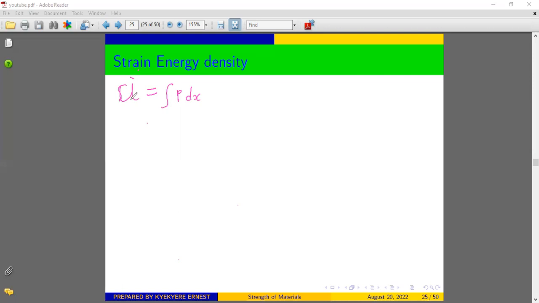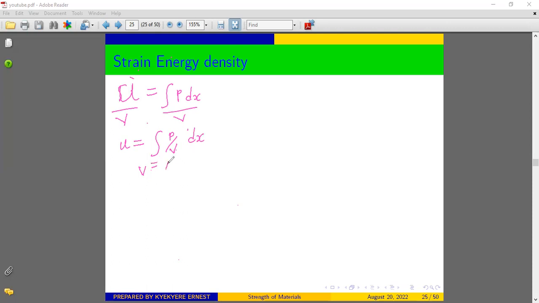Therefore, in order for us to eliminate the effect of size, we are going to divide everything there by the volume of the structure. And when you divide the strain energy by the volume, whatever is there becomes small u, and it is referred to as the strain energy density. So the strain energy density will be equal to the integral of P over V dx. But we know that volume is equal